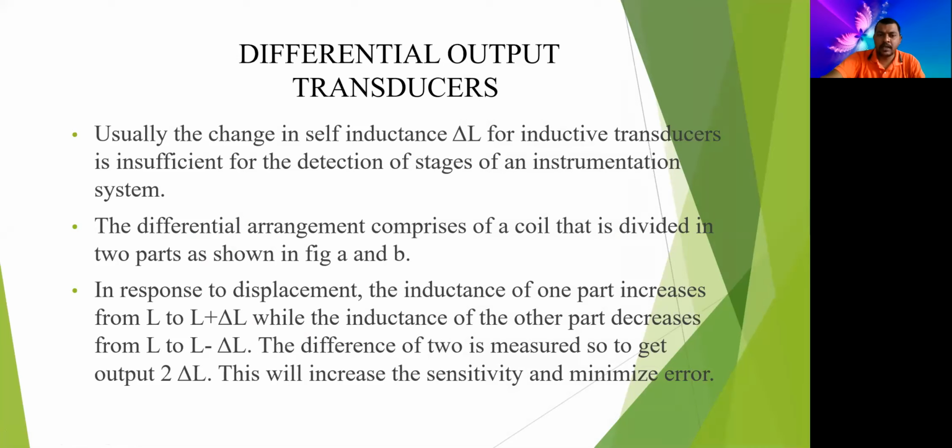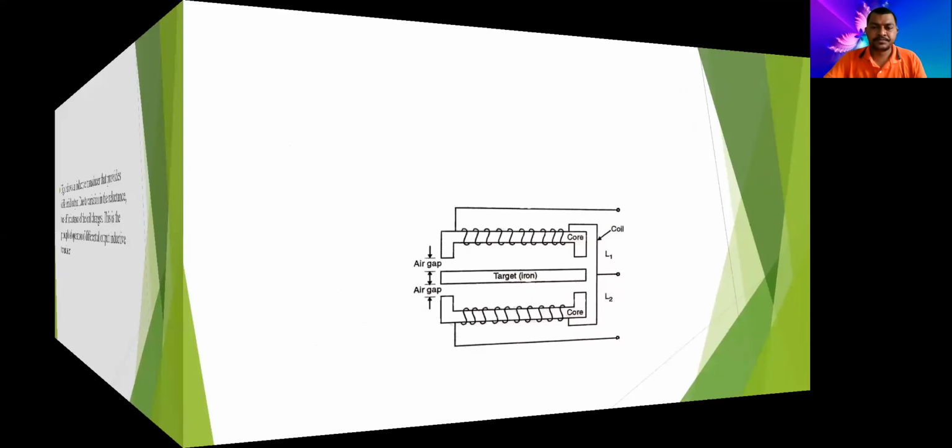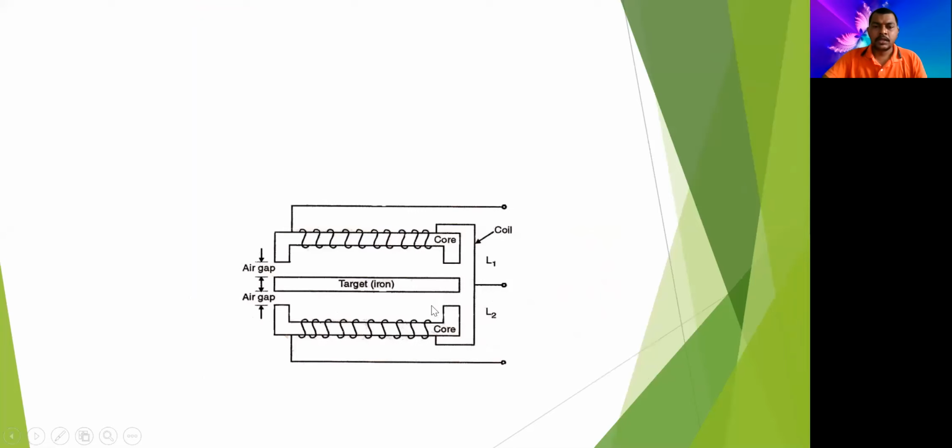Differential output transducers, ये हम लोगों ने थोड़ा सा देखा था। डिफरेंशियल बोला तो एलवीडी, लीनियर वेरिएबल डिफरेंशियल ट्रांसड्यूसर। इसको याद रखना, एलवीडीटी, लीनियर वेरिएबल डिफरेंशियल ट्रांसड्यूसर। So we are having two coils like this. इस प्रकार से हमारे पास टू कॉइल है, दिस वन इज L1 एंड दिस इज L2, एंड दिस इज द एयर गैप एंड दिस इज द आयरन कोर in between that in both the coils, right?